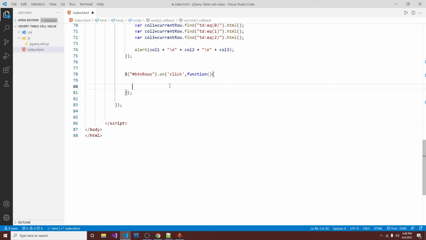Now we create an array variable naming as a data. This is our array variable. Now we loop over our table. For that we use .each method.